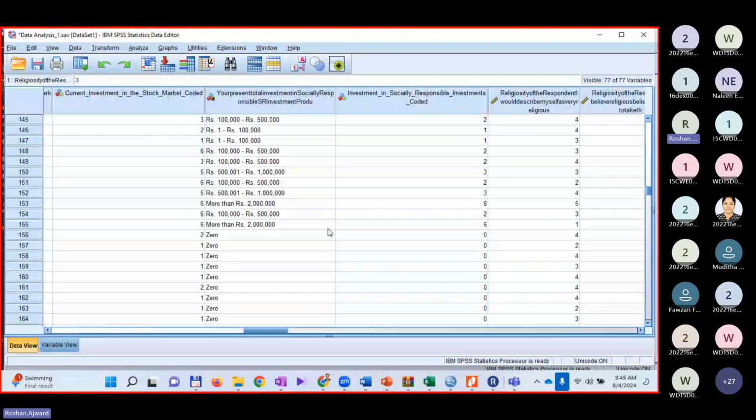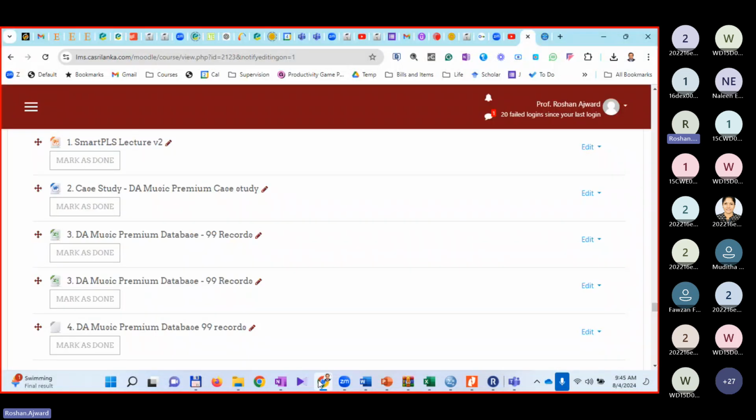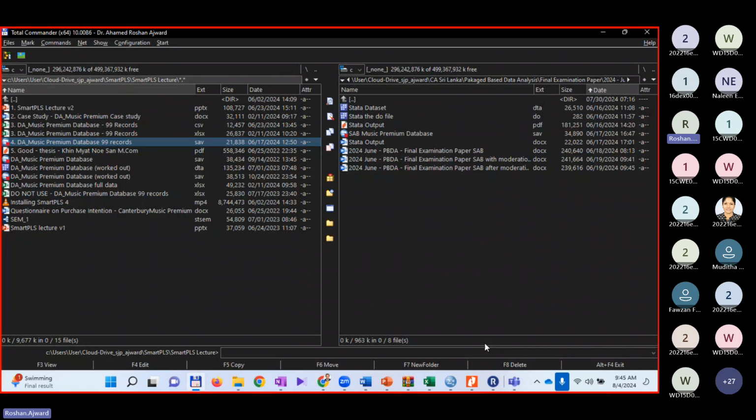In the trial version, you can import data from an Excel file or even a CSV file. CSV is a comma separated value file, which is a very basic version of a file. In the trial version, usually that's what you have to use to import data. So we'll probably use this SPSS file to import the data to Smart PLS for the analysis. Okay, so keep this handy. It's all in the LMS. You can download it. Okay, then let's go to the